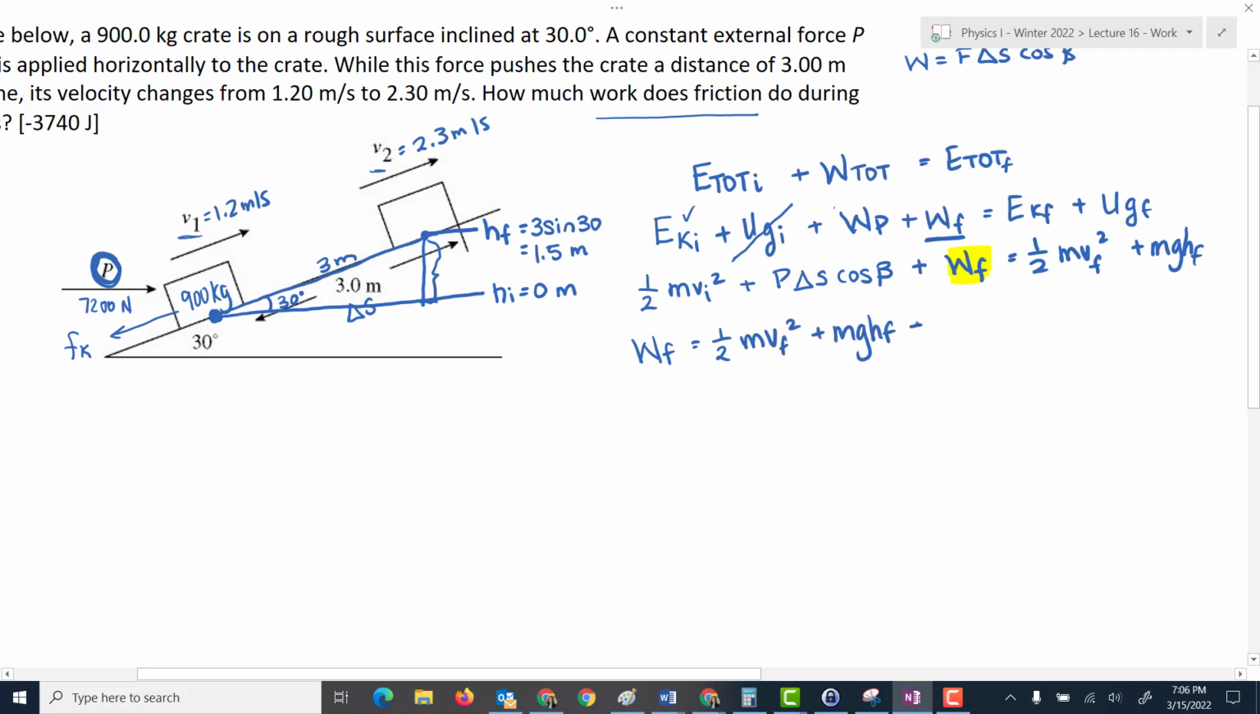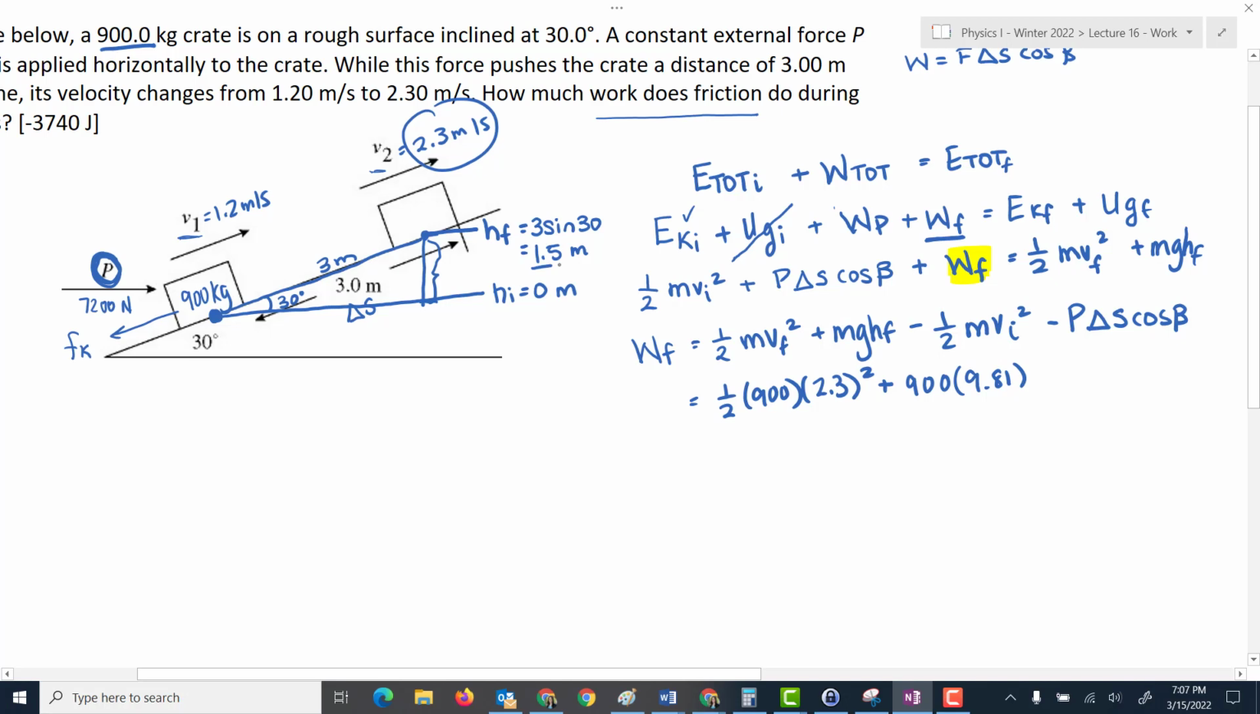And then I'm going to bring everything over from the left. So it's minus 1/2 m v initial squared, minus P, that's the force that they told us is 7,200, delta S cos of the angle between the force and the displacement. So now I can sub everything in. 1/2, my mass is 900 kilograms, my v final is this 2.3 meters per second over here, squared, plus m is still 900, g is 9.81, h final we said over here is 1.5,